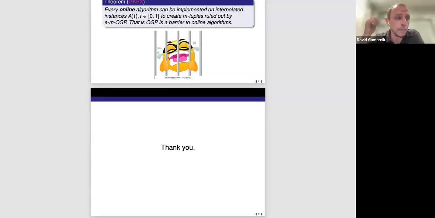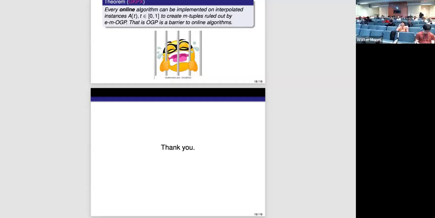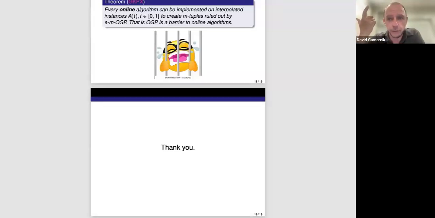Absolutely, absolutely. So this points to the general theme of this line of work, which is what type of algorithms we consider respectful to be ruled out. So why online, why stable, and so on. Ideally, we would like to rule out all polynomial time algorithms. If we managed, we would prove P not equal to NP, even a stronger version, because we would prove P not equal to NP for average case instances. So that's